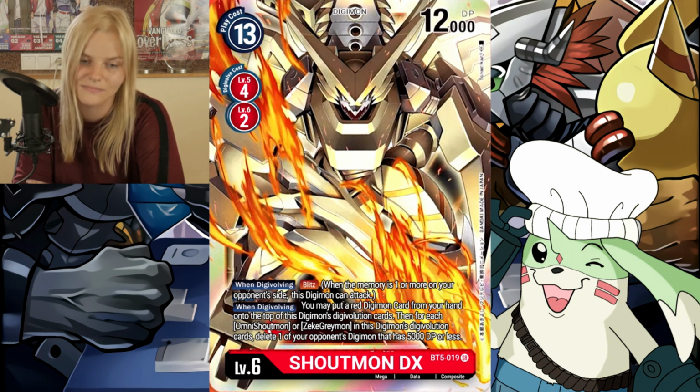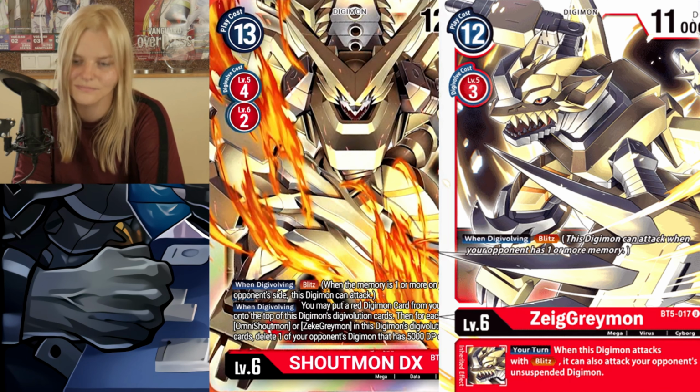2 cost. That's really cool because it also has a new when Digivolving effect to add a red Digimon from your hand to its sources. So if you Digivolve into Zeke first, or any other red mega, you can still Digivolve over Shoutmon and then add another card, and you have this really huge, gigantic stack. I've seen people on Tabletop Simulator, they have 13 cards underneath Shoutmon DX, and that is just so